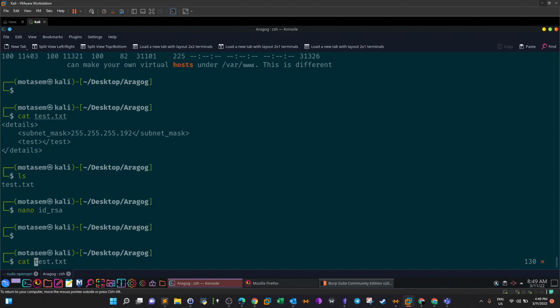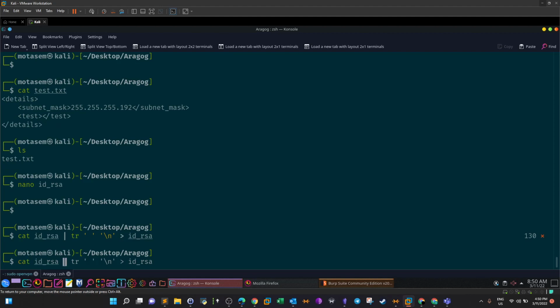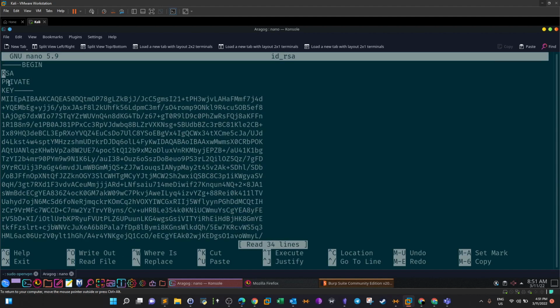So we can cat id_rsa, pipe this. We use the pipe to execute another command, tr. Here we replace the space with what? You guessed it, the new line, to adhere to the correct format of the SSH private key. Cat id_rsa. These need to be on one line,